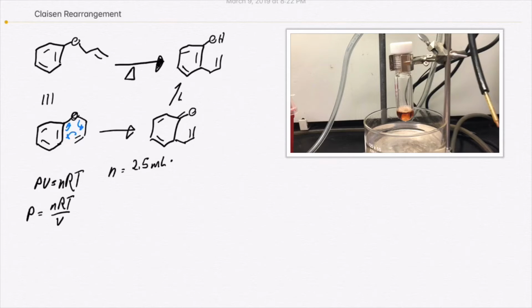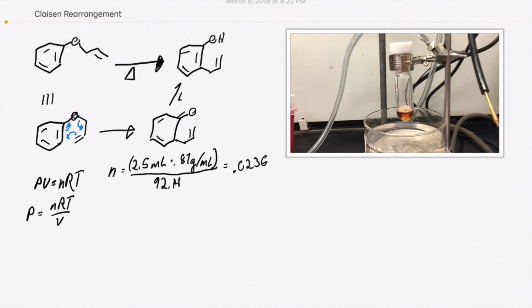I'm going to multiply that by the density, which is 0.87 grams per milliliter, and then I'm going to divide that entire thing by its molecular weight, 92.14,